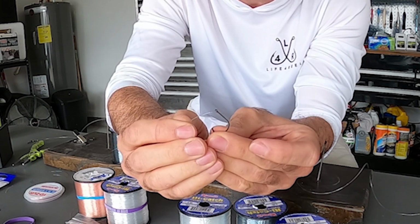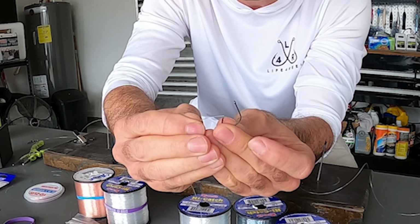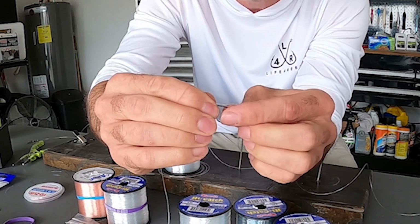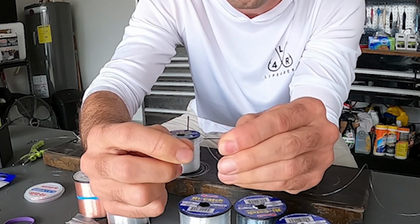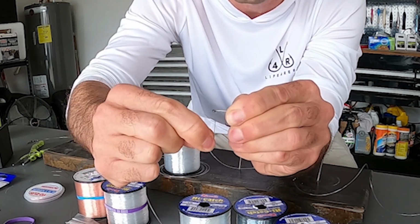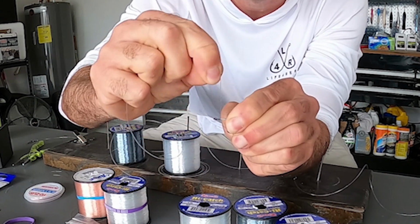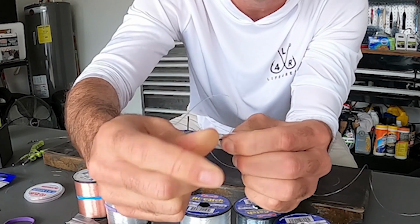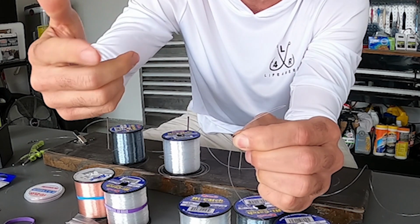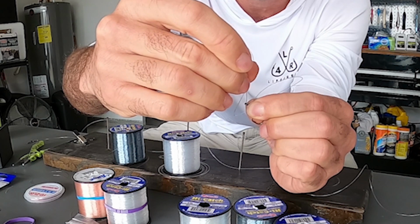To snell the hook, if you've never done it, you pass through the eye of the hook, go in this way, and then you just pinch that tag end to the body. Then you wrap the remaining line down the shank of the hook. So there's 1, 2, 3, 4, 5, 6, 7. Make sure you pinch that, because if those loops come undone, you're going to need to redo your snell. Once you pinch that, you pass the open end the other way through the eye of the hook